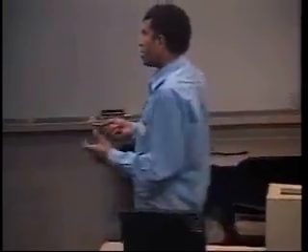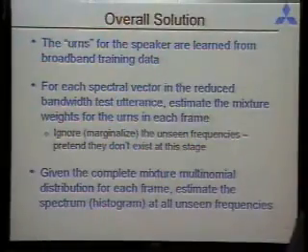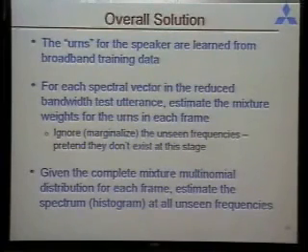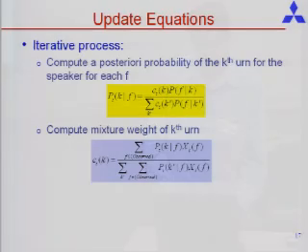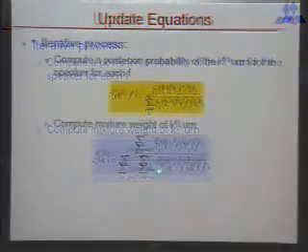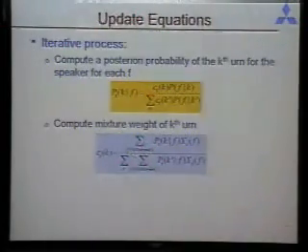Now, in order to compute the mixture weights for the urns at each analysis frame, you have to ignore the frequencies you did not see, because in the narrowband signal, you're only going to be looking at a narrowband signal, and based on the narrowband signal, you have to estimate how he combined the various urns. And the urns themselves contain all frequencies. So you would have to ignore everything that you don't see. The mathematics again for this is very simple as before. These are exactly the same equations we had earlier, with one small difference, that you're only going to be integrating things over the observed frequencies.